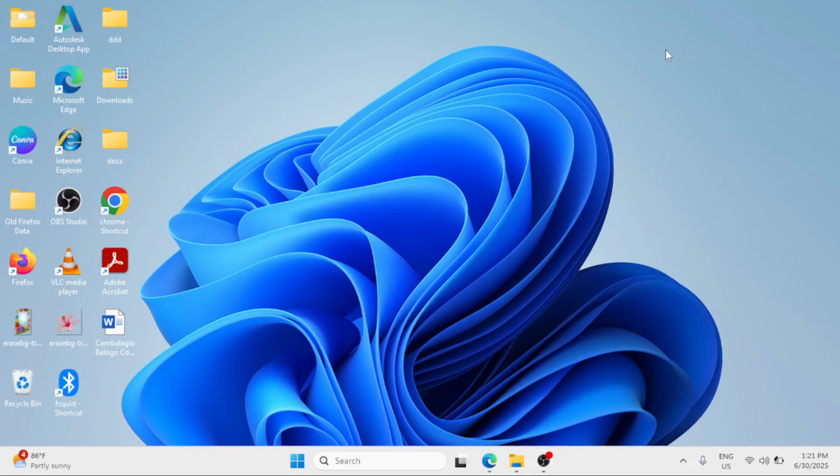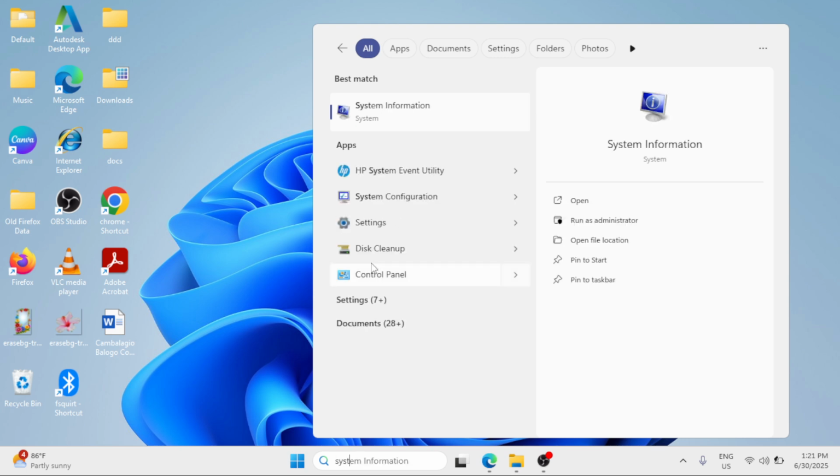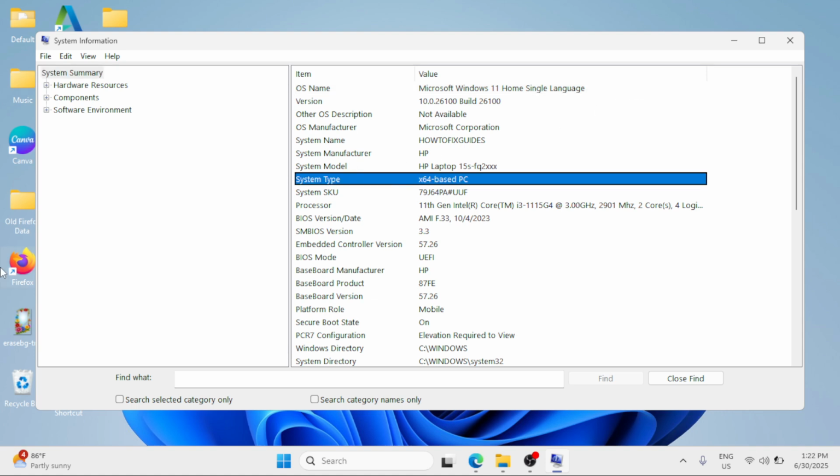In this video tutorial, I'm going to share with you how you can fix the Mfc100d.dll error on your Windows 11. So let's get started. First, you have to go to the Windows search bar and type system information. Click on it under the best match. We are going to check the system type of our Windows. So take note of your system type